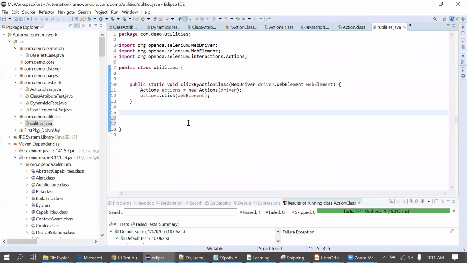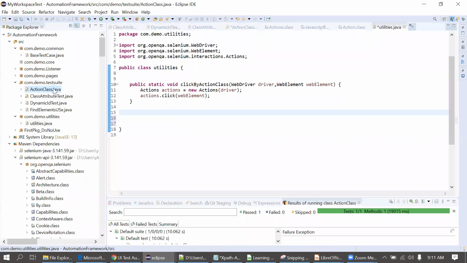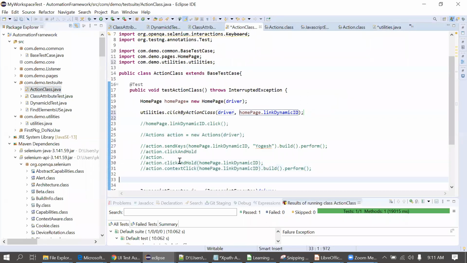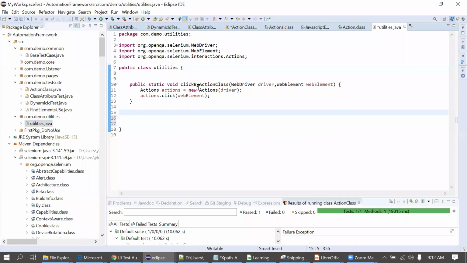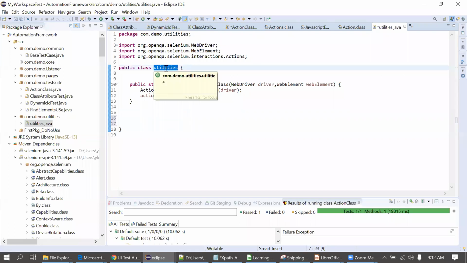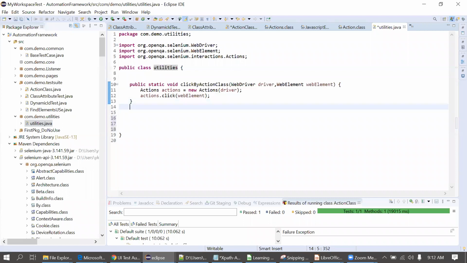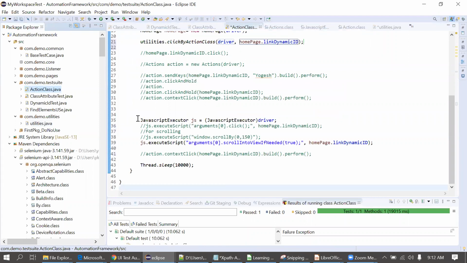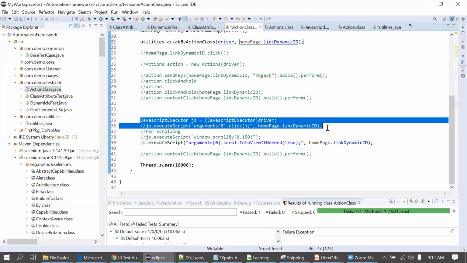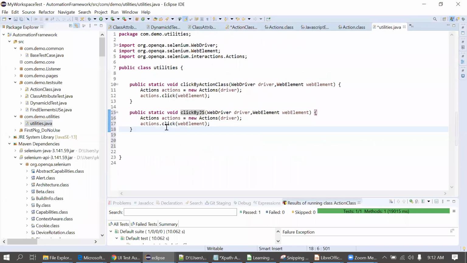So, for example, here I create the JavaScript utilities, just like you create a class. Or simply we can put everything in this class only. That's fine. It's a utility class. It will be a combination of utilities, and I create a JavaScript method click by action class. Then I use a JavaScript JS object, pass the JavaScript in double quotes, and pass utilities dot click by action. Let me write this code there. I'm just writing this code.